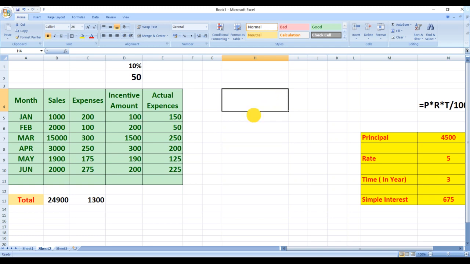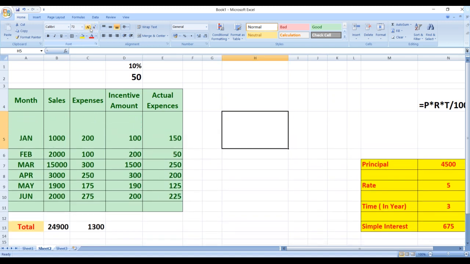Suppose here I want to calculate the maximum value from this table, or we can say from this row. So I'll mention here the equals to sign. Before I go for it, let me increase the font so that it is visible for you properly. I'll make it bold.